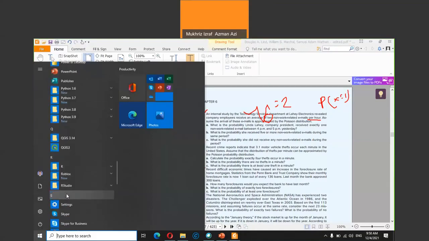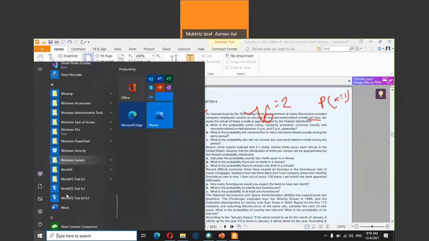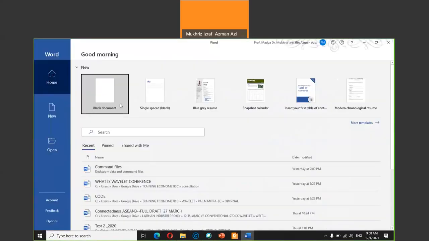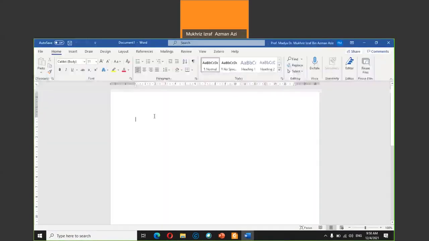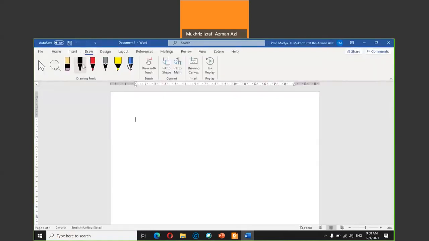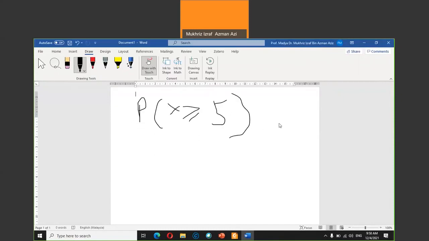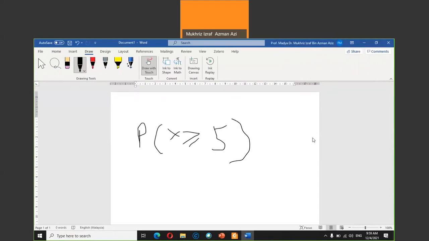Okay, so let me show you this. Meaning that you can still use the table or you can calculate manually. So if you want P(x) more or equal to 5, just like in the question, P(x) at least 5, meaning 5 and above, you can go 5, 6, 7, 8, but you can go to infinity because in Poisson there is no number of trials.